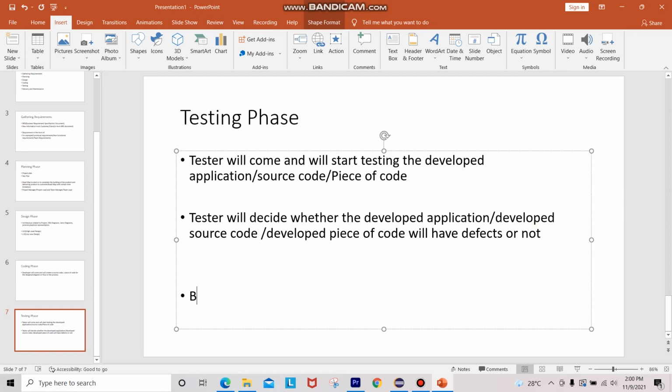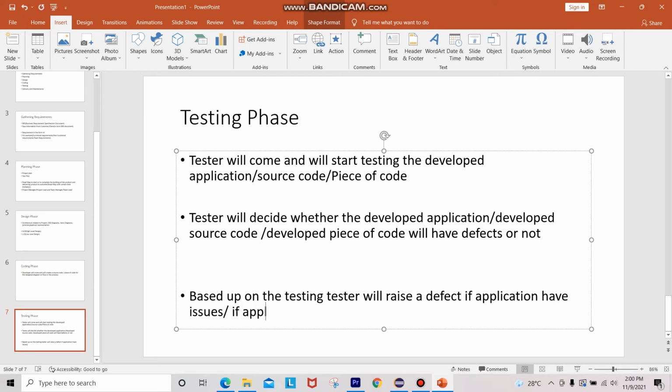Based on the testing, the tester will raise a defect if the application has issues.